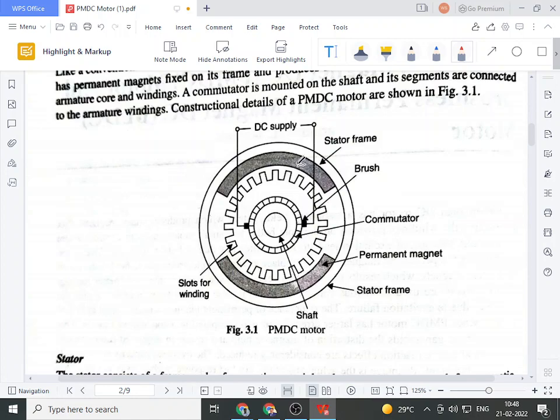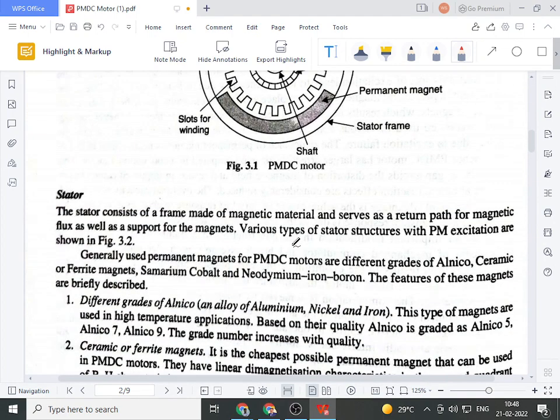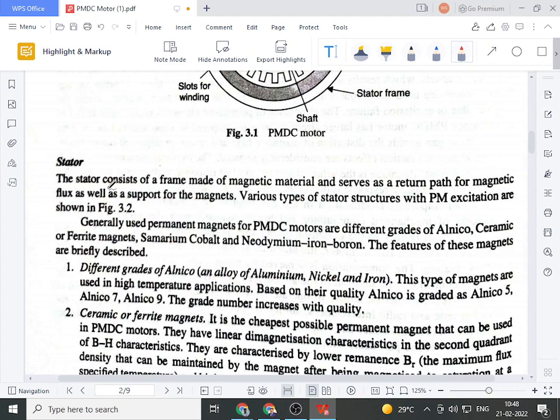So these permanent magnets connected at the inner periphery of the stator will generate the required amount of magnetic field. The armature winding is excited with the external DC supply, so it will act as a current carrying conductor, and according to the principle of a current carrying conductor placed in a magnetic field, the entire rotor experiences a force and the motor runs in a particular direction. That depends upon the direction of current flowing through the armature winding and the direction of the magnetic field.